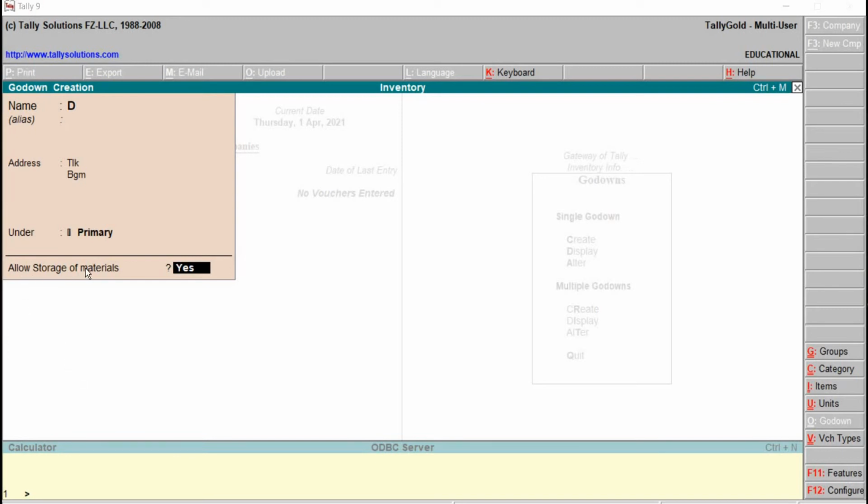If allow storage of materials is set with no, in that case, this will not appear in the godowns list during the voucher entry.